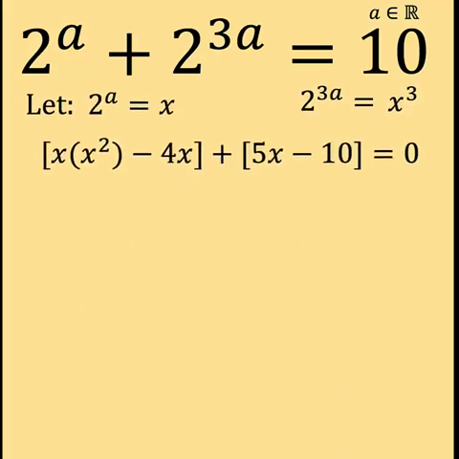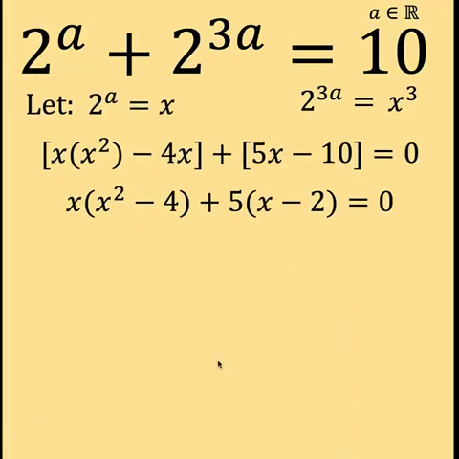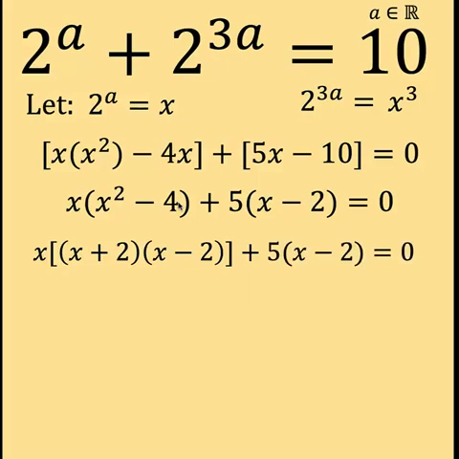Then, factoring out now the common factor x and the common factor 5, we arrive at this. Notice that we have here a difference of 2 squares because 4 is also a perfect square. And we can factor this out as the product of the sum and difference of the square root of x squared and the square root of 4, which is 2. So the result is this. Copy x, factor x squared minus 4x as the product of x plus 2 times x minus 2, and copy